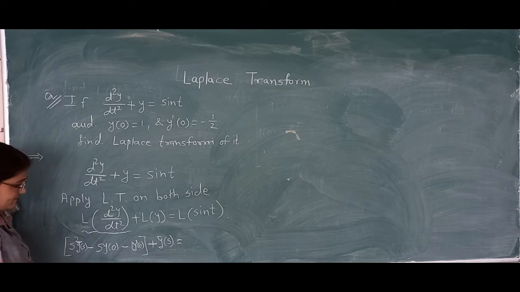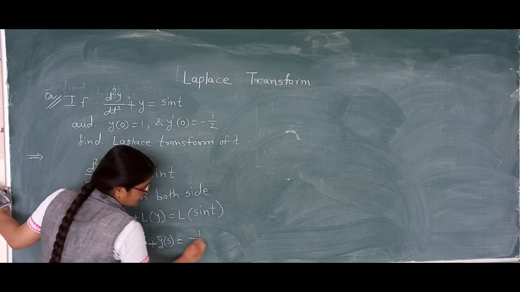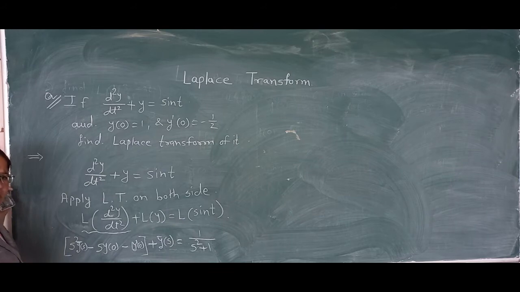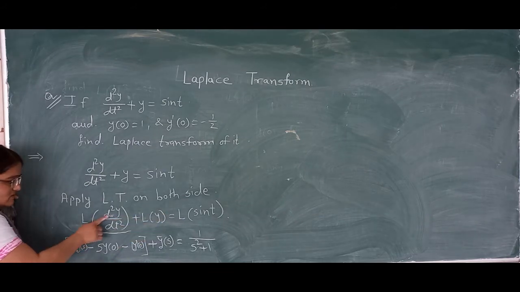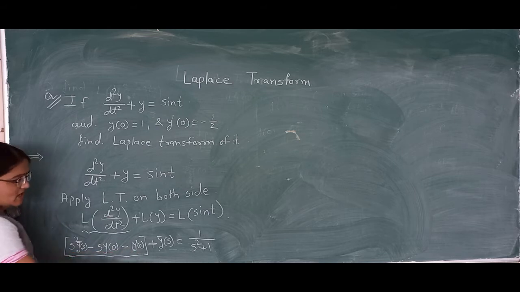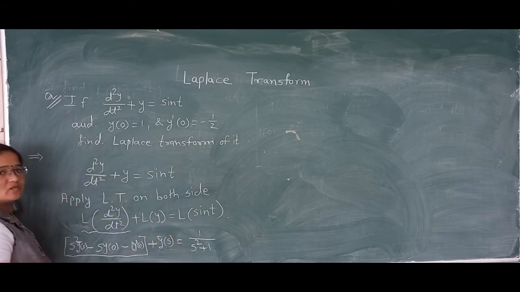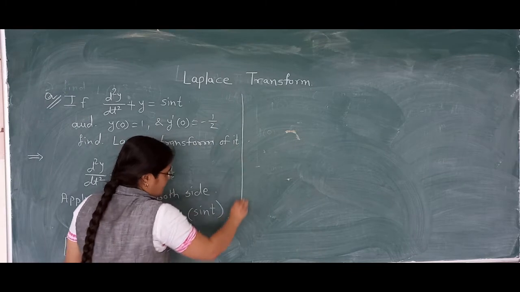Got it? Equal to Laplace of sin t, which is 1 upon s square plus 1. So I am just taking the Laplace of each and every term. Laplace of the second order derivative is this bracket. Laplace of y is y bar of s. Laplace of sin t is 1 upon s square plus 1. Now, in the next step,